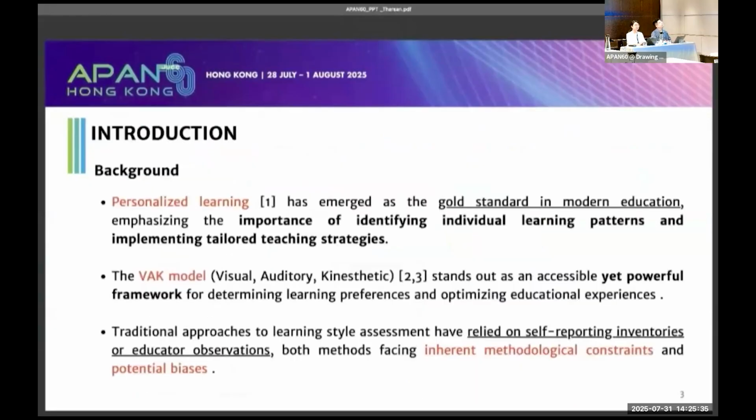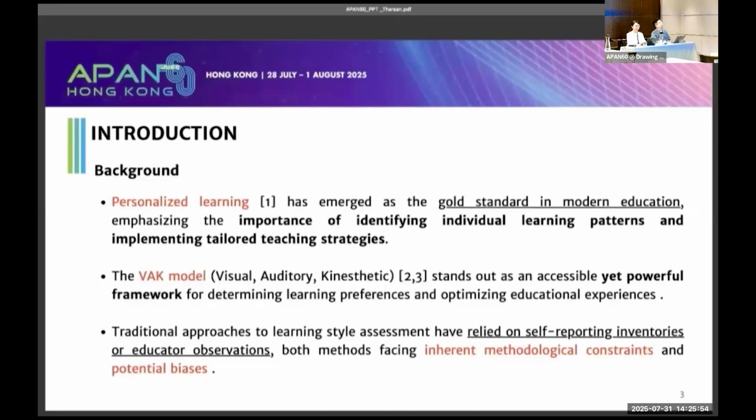Let's see about the introduction and background. Personalized learning has emerged as the gold standard in modern education, emphasizing the importance of identifying individual learning patterns and implementing tailored teaching strategies.